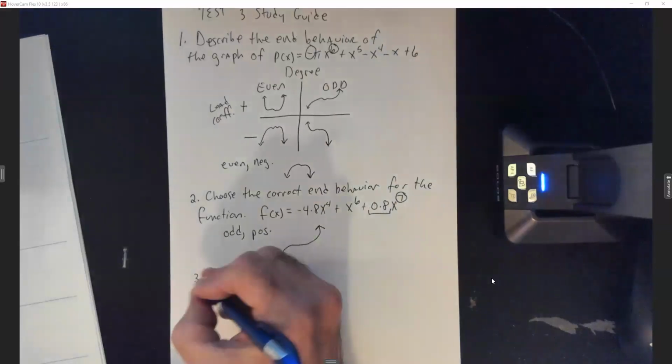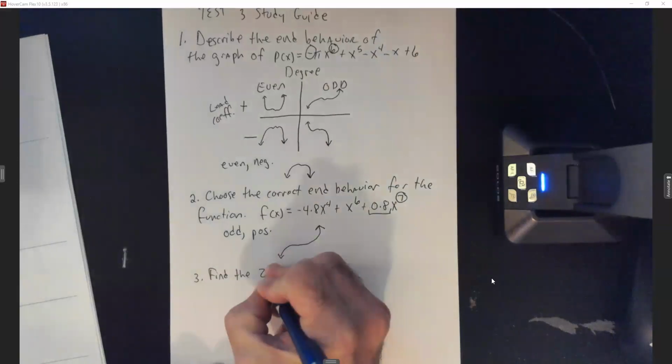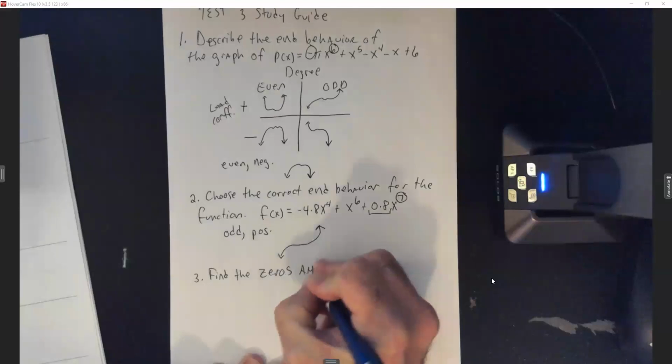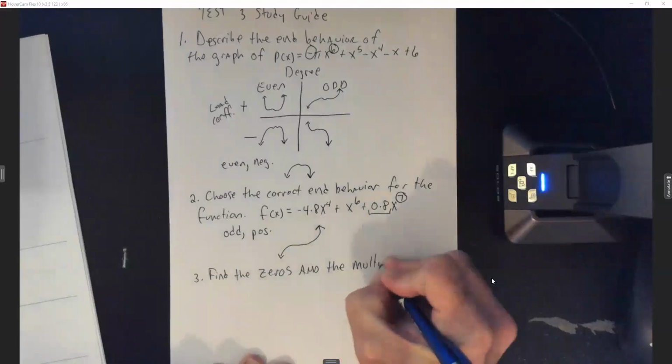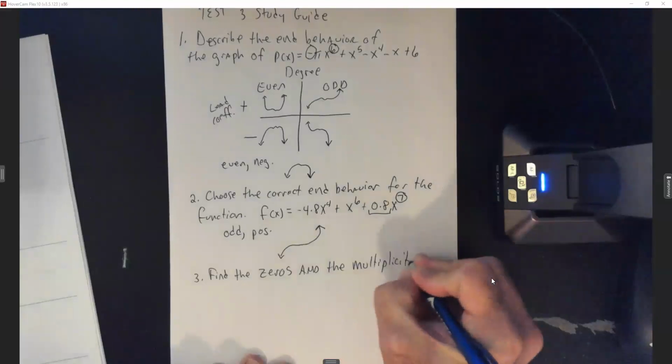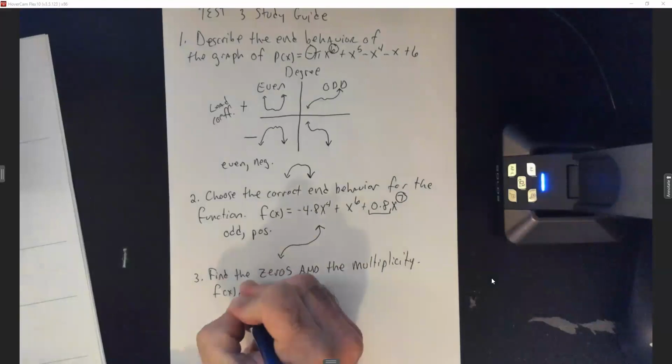All right, for 3, we're going to find the zeros and the multiplicity. So they're giving us f of x equals